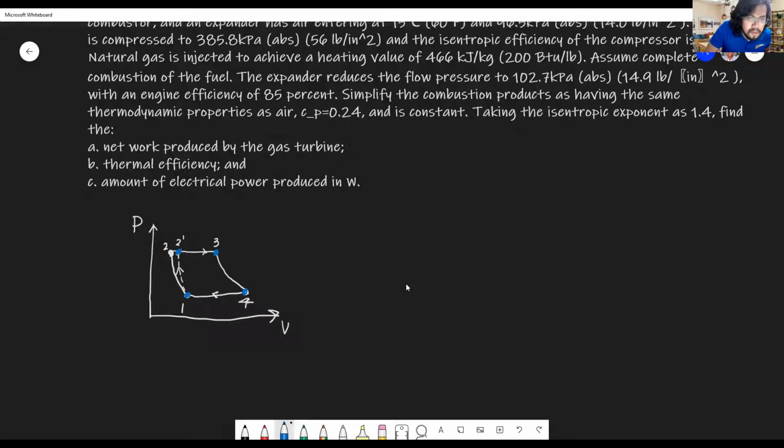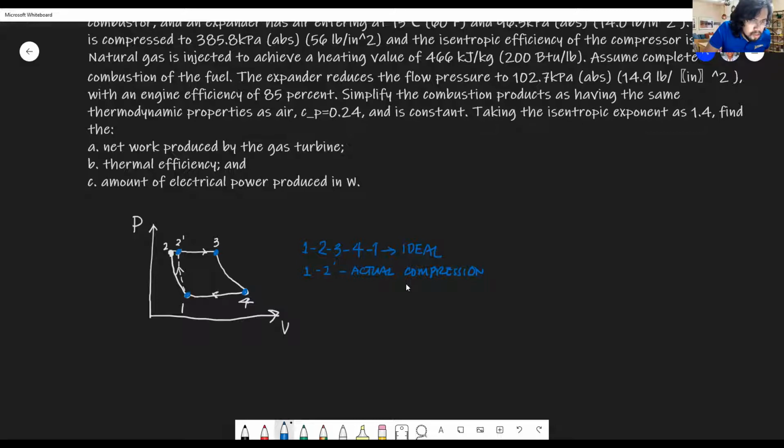We have 1, 2, sorry, 3, 4, and back to 1 as our ideal cycle, and we have 1 to 2 prime as our actual compression,